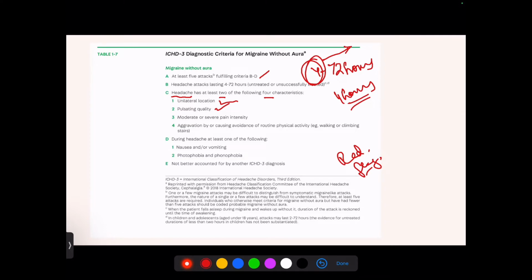One of the differentiating points of migraine with other headaches is that its intensity is usually moderate to severe. So sometimes we ask them, what do you think is the visual analog scale, or simply 1 to 10 rating of your headache? And usually the patients who come with migraine say 7, 8, 9, or 10. Whereas people with tension type headaches or other headache disorders can sometimes come in the 0 to 6 category, or 5. I'm just giving it as an example. These are not fixed numbers, but however, it is very important pointers. Otherwise, aggravation by usual routine physical